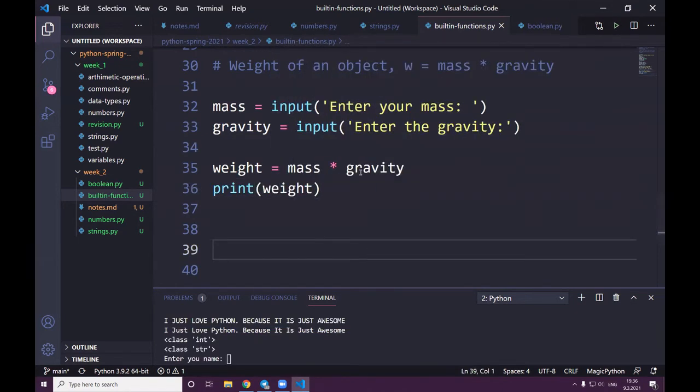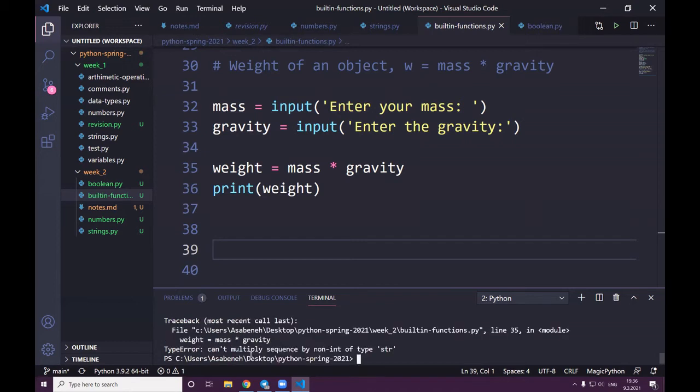Okay, so my mass is 75. Great. And the gravity, I'm on planet Earth, 9.81. Why is it asking me all over again? Okay, let's just do 75, 9.81. Okay, as you can see, cannot multiply sequence by non-int of type string,